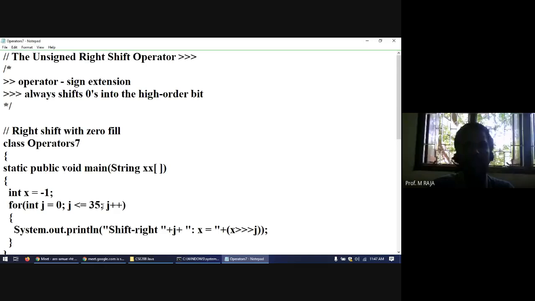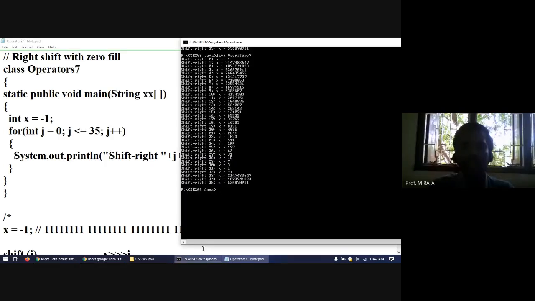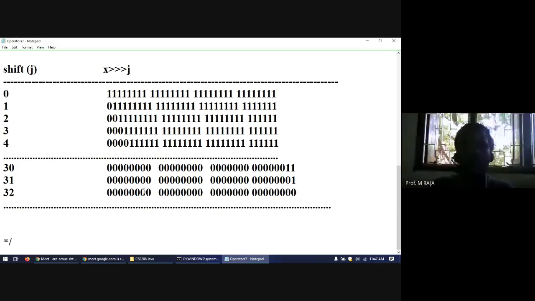J ranges from 0 to 35. X is equal to x greater than j. That's all. So the program prints the value x is equal to -1 during its 32nd bitwise unsigned right shift operation. But here